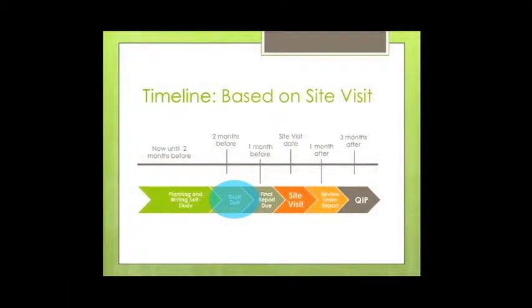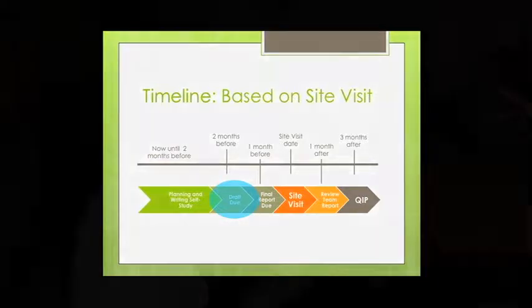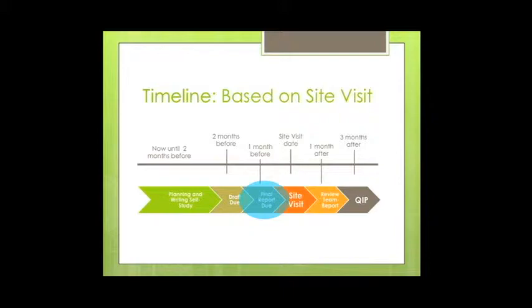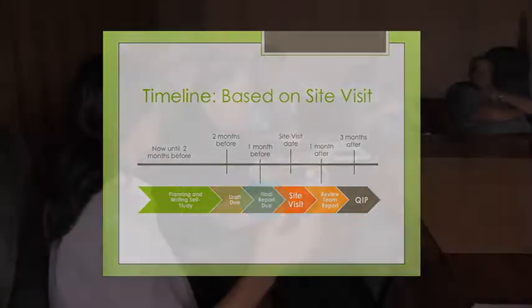2 months prior to your site visit, there'll be a draft review by your dean and a person from the Institutional Effectiveness and Accreditation Committee. That's mostly a draft, making sure you are addressing the outcomes and have something you can work into a plan for the next 5 years. And then the report is due 1 month before the visit to your reviewers, to give them a month to read it and go through it. The whole cycle will be about a year.